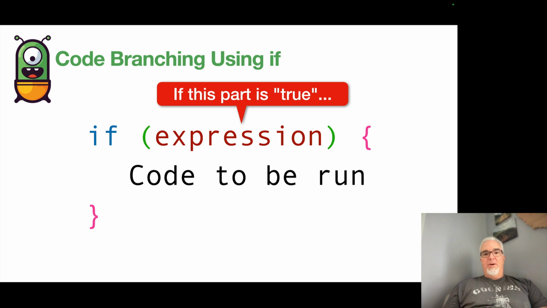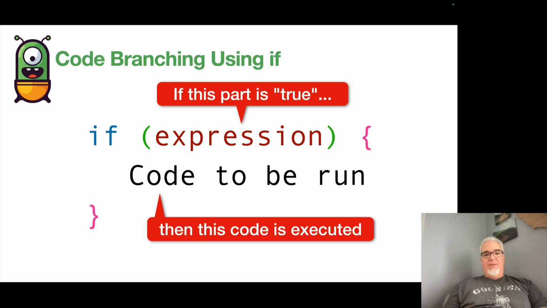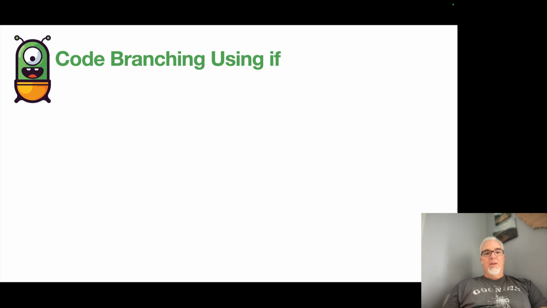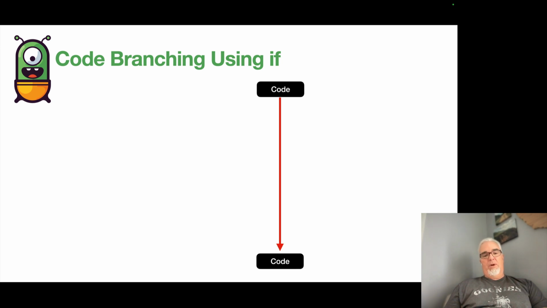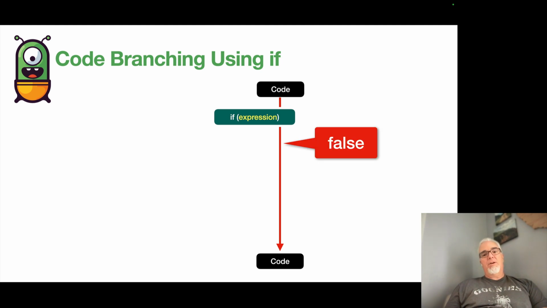So if that part is true, then this code is executed. If it's not true, then that code is skipped. So you can think of it like this. So we have some code, and the code normally would just run, and then the next line would run after that. But if we introduce an expression with if, then we decide if that expression is false, then your code